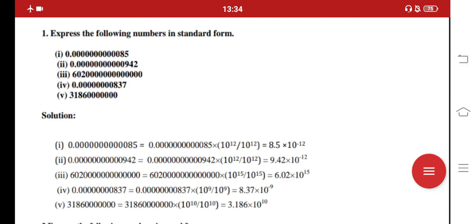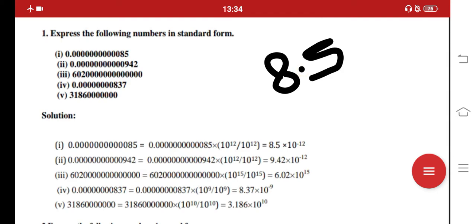After adding 1 to the zeros, simply write the digits which are remaining. There are two digits, 8 and 5. Just place a decimal between them. Why? Because we are increasing one more number, so for that one more number we are placing this decimal sign. There are a total of 11 zeros, we add one more zero, so there are a total of 12 zeros. And for 12 zeros, we are placing the decimal here.